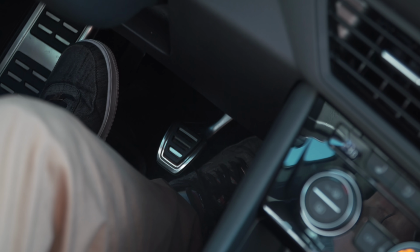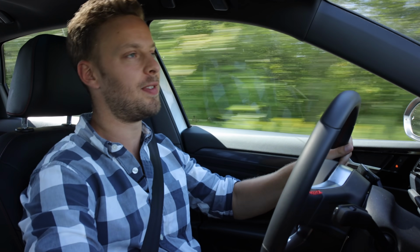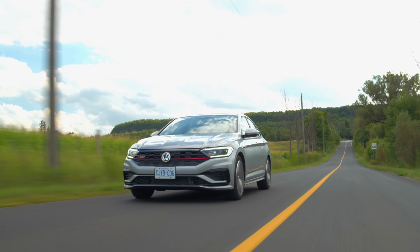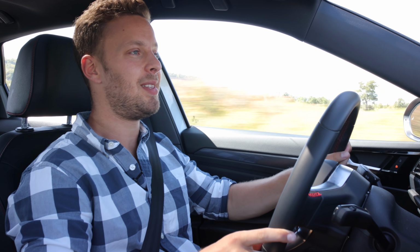Jetta GLI. Now, we were on the launch of this car, but it's been very interesting living with it for a week because I've managed to see what GLI culture is like, because there's a bit of a GTI culture. And it remains to be seen that there is one. I waved at a woman this morning in her GLI and she gave me the same look women have been giving me for years, which was just...